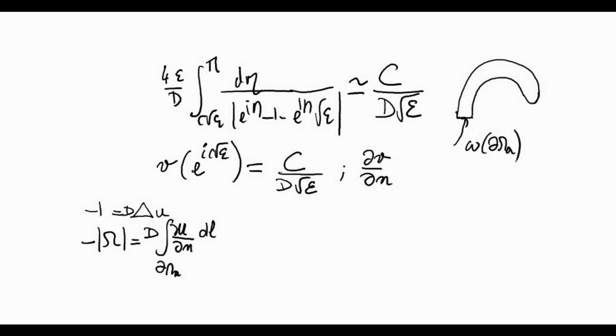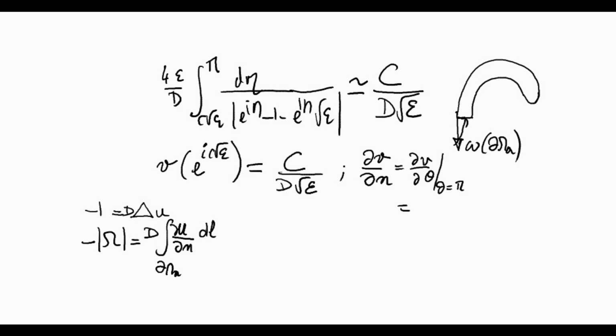So we need to calculate here dv dn at this part. So the normal here is now pointing in this direction, and dv dn is actually dv d theta for theta equals pi. And this can be calculated. It is